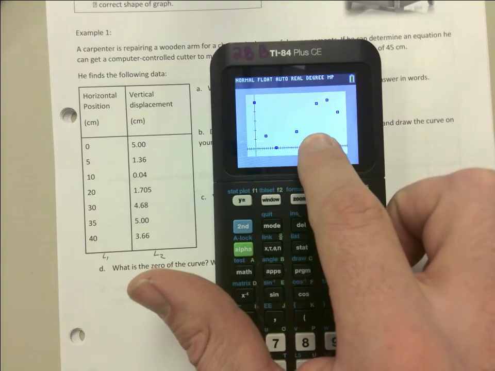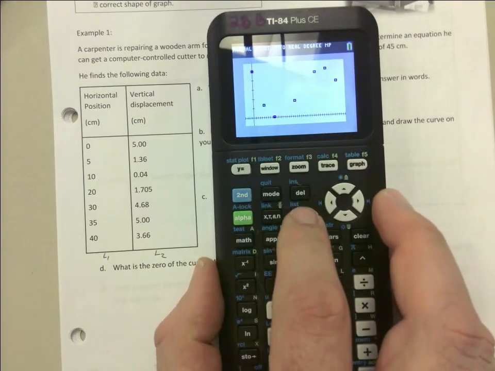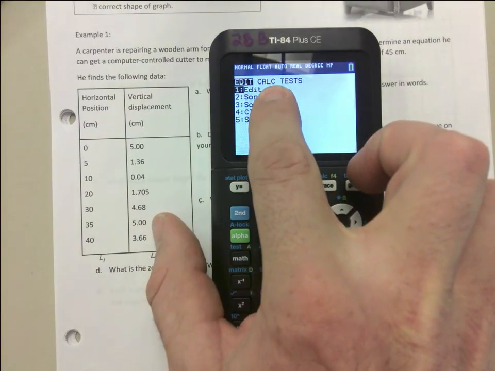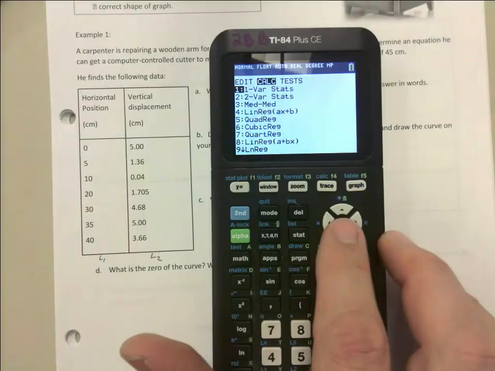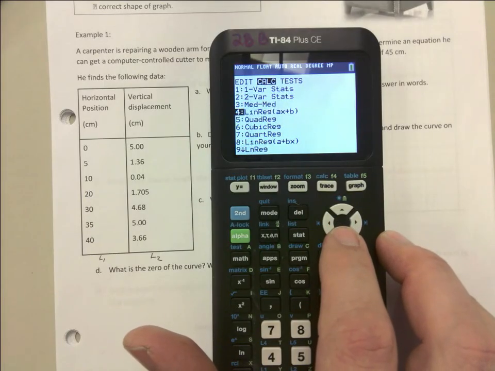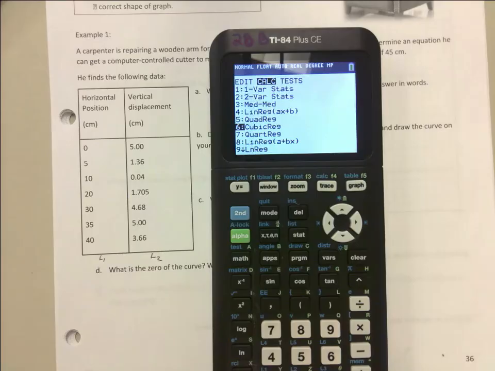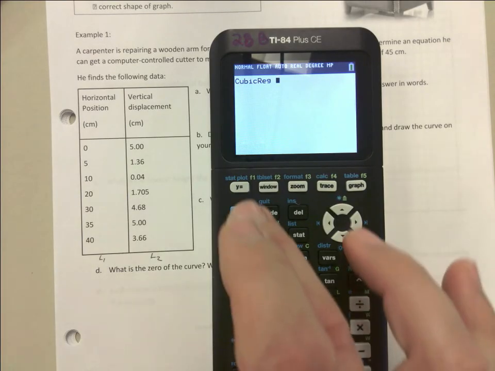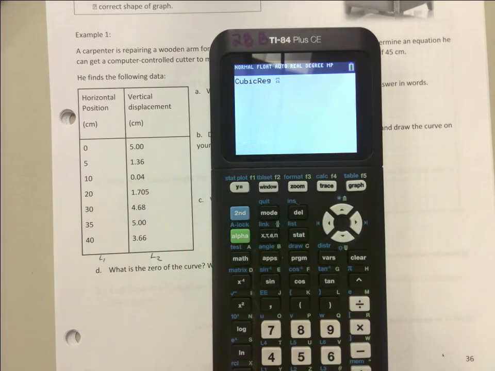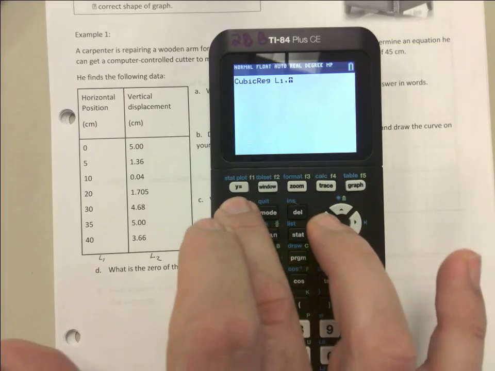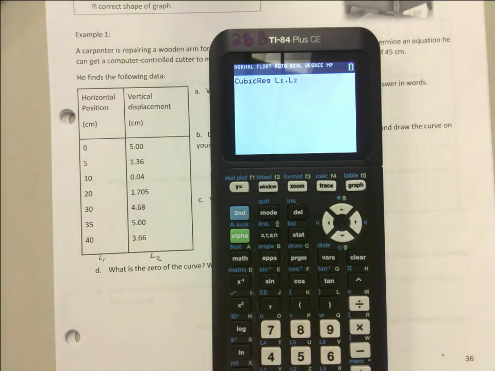Let's perform the regression. We press stat. All right, that's the theme, stat. Now you're going to go over to calculate to the right. And here they are. There's linear regression, quadratic regression, cubic regression. We're going to pick cubic for this particular instance. Enter. We got to feed it L1, so I'm going to press second and then number 1, comma, L2. Second, 2 calls L2,